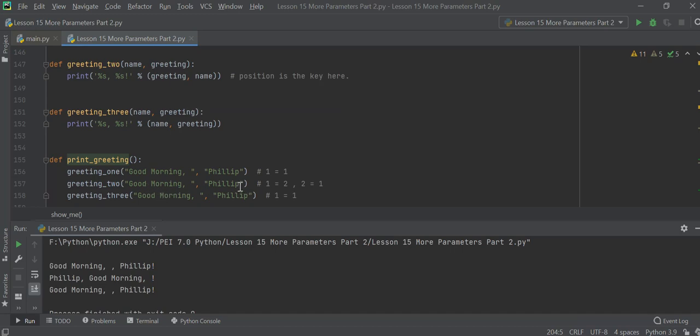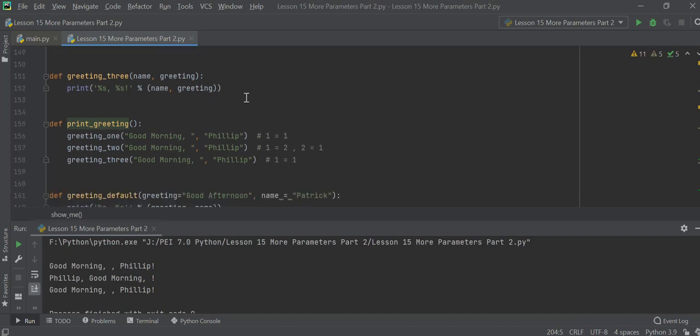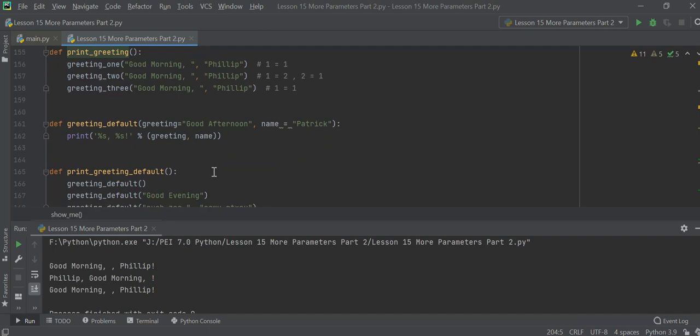Okay. And the third one, the same thing. Name, create is the same. You can say, good morning, Philip. So that's what it does. So I just want to let you understand the position when you're passing and when you're printing is important. What you're passing, it doesn't matter. Okay. All right. The next one